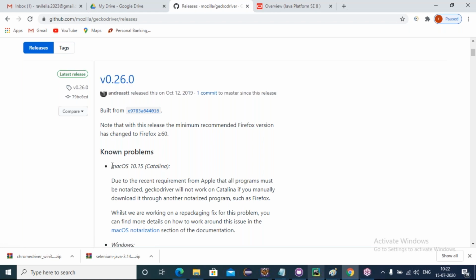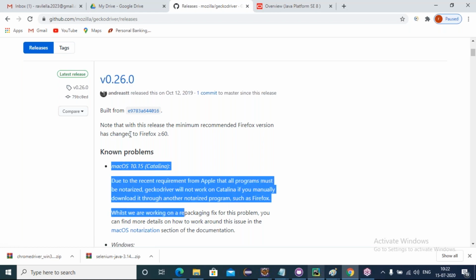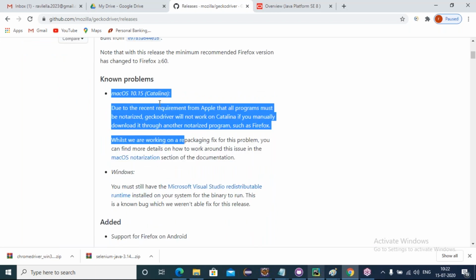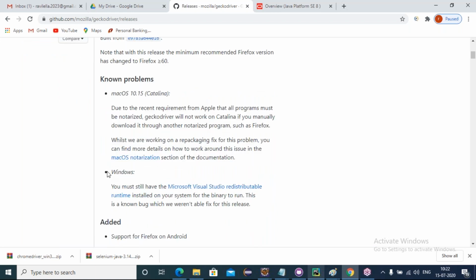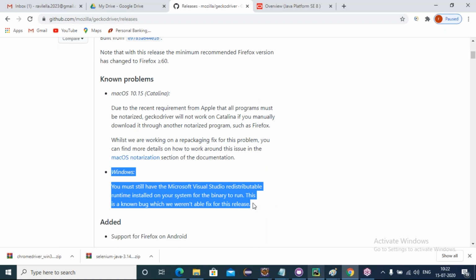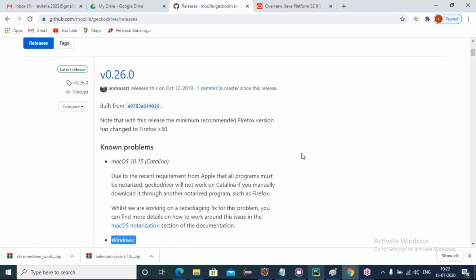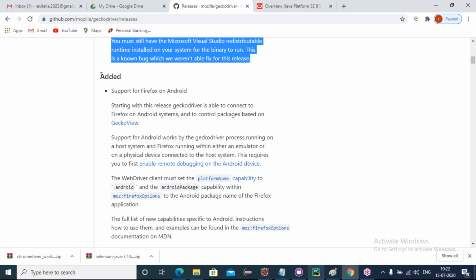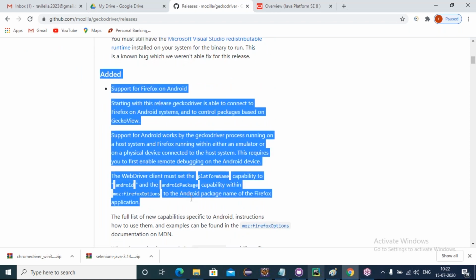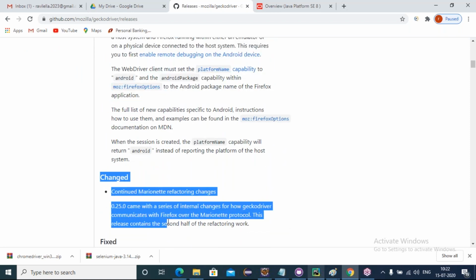Getting, friends? And for the Mac, what are the known problems when using these drivers, and on Windows, what issues we can get using this version of the Firefox drivers, what new features got added in this version, what changes were made, and what fixes were made in this version.